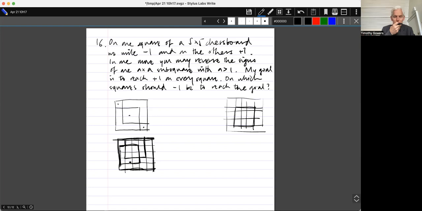Can I use this argument, however? I think I can use this argument to get the center square, so let me draw it more quickly. So if I put a 3 by 3 and another 3 by 3, I think if I do 4 of these, I'm going to be in, no, wait a minute. So that one I've now covered twice. That I've covered once, that I've covered once.